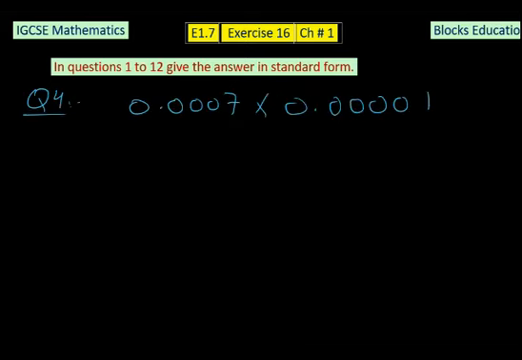In question number 4, we are given 0.0007 into 0.00001. Let's write this in the standard format. We have to move the decimal point all the way till here, after the one digit. How many places do you have to move towards the right? 1, 2, 3, 4 places, so it will be 7 into 10 raised to power, because the decimal moved towards